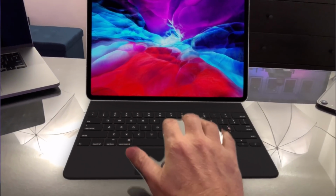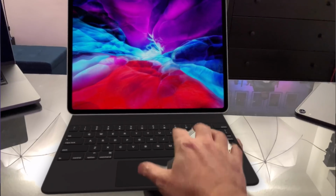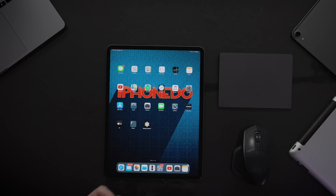Now, trackpad and mouse support is great. I was actually making fun of them because they don't put touch screens on MacBooks, but now we have iPads with a trackpad keyboard combo that looks like a computer, and they're selling it as a computer. But the difference is this is so modular. Now you can just grab your iPad and use it as an iPad,